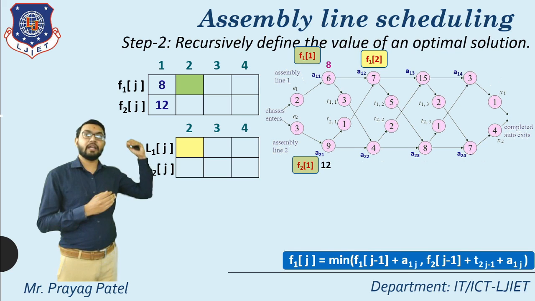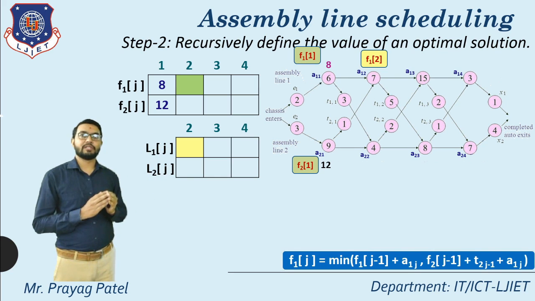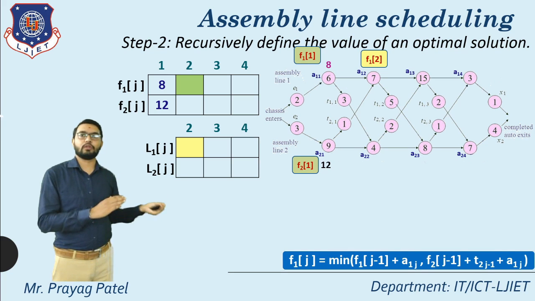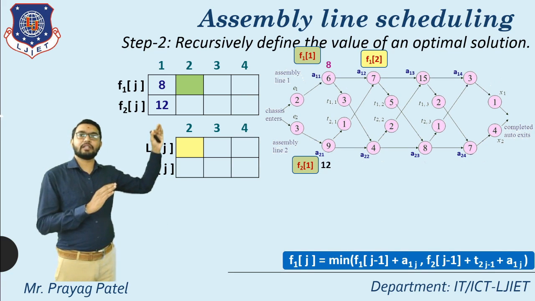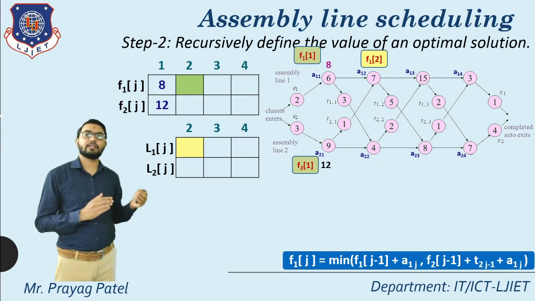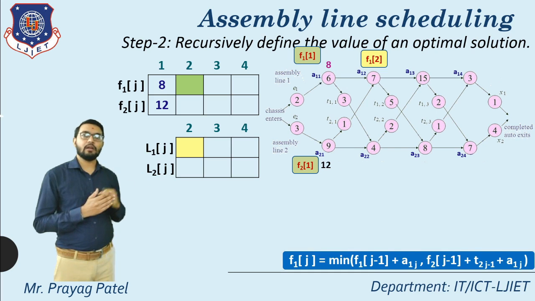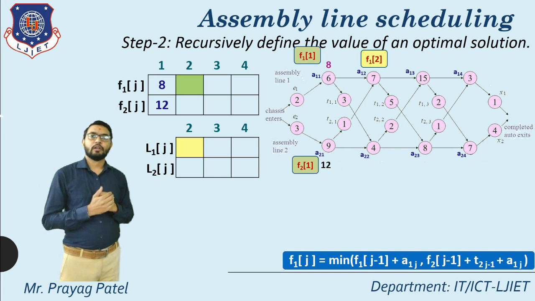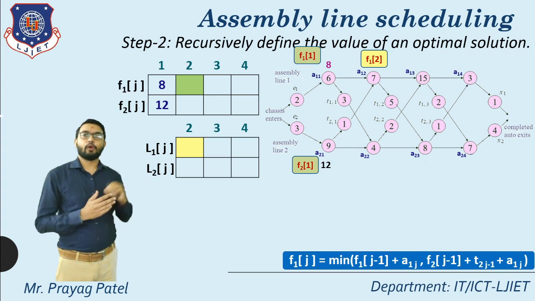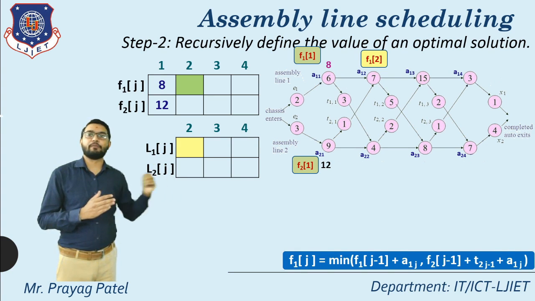But for finding the f12, after the first station, you can apply equations number 2 and 3. So here consider the next equation as f1j equal to minimum of f1j minus 1 plus a1j, second part is f2j minus 1 plus T2j minus 1 plus a1j. So here apply this formula and find the value for line 1. For line 2 consider the f2j formula.